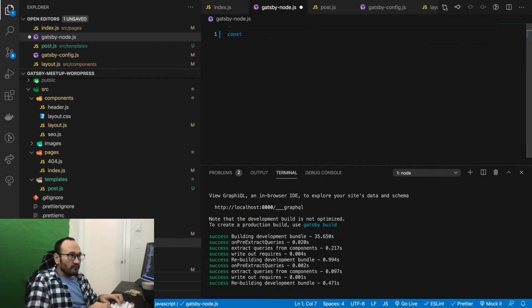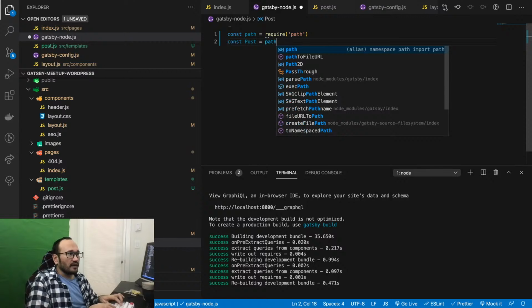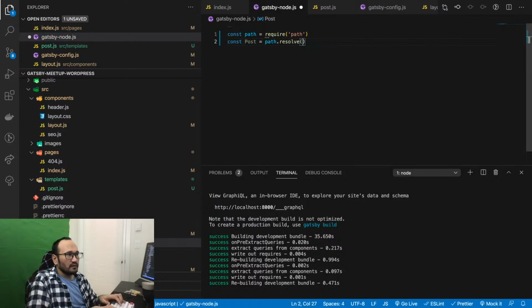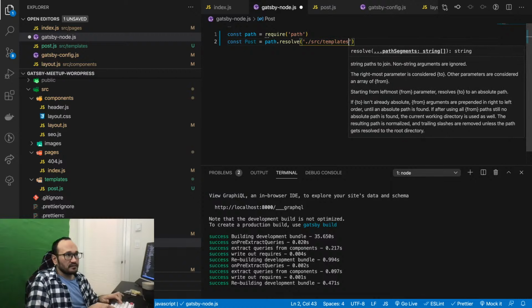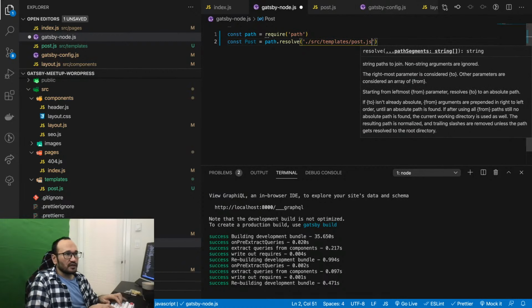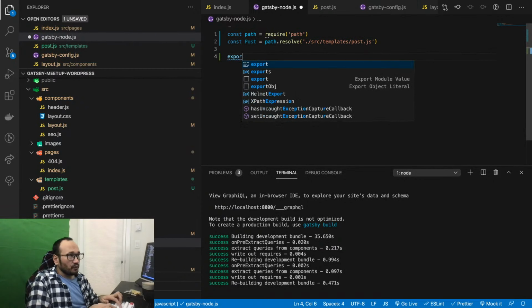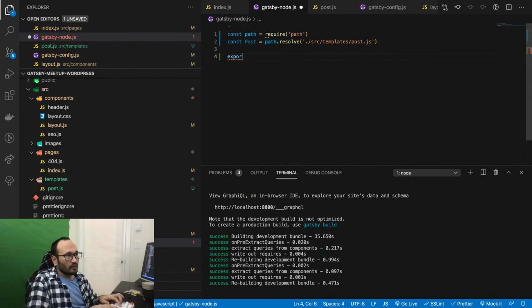For doing that, first of all we import path: const path is equal to require path, and then const post is equal to path.resolve, and then we say the directory src, then templates, then we go to post.js. Now we have exports.createPages.